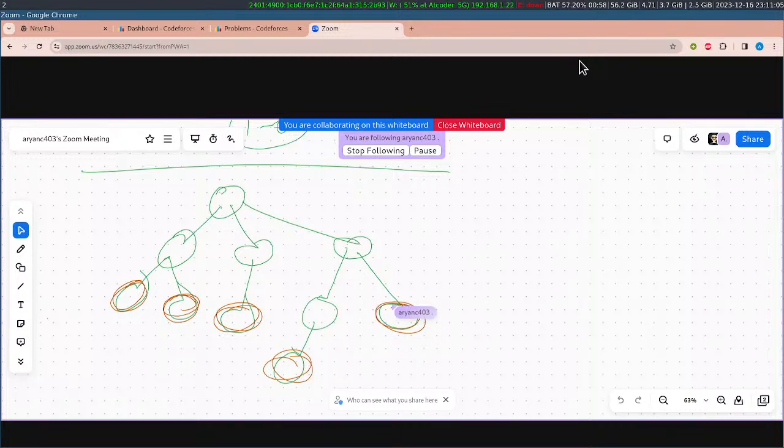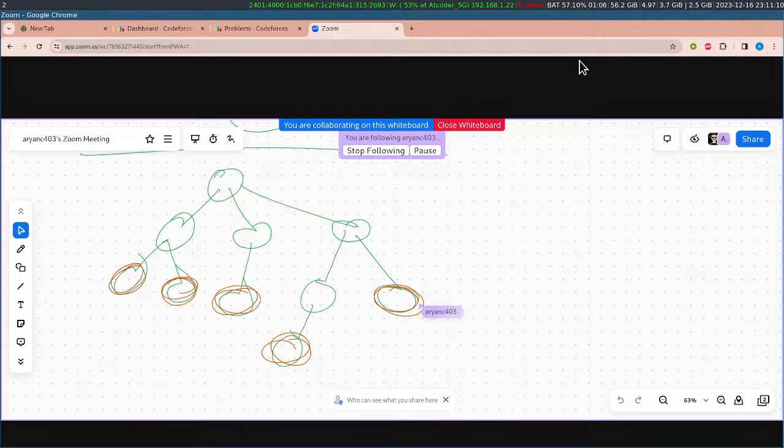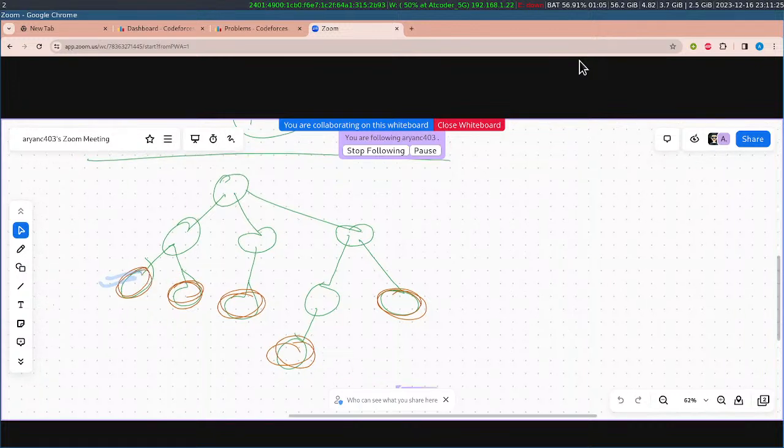Let's call them leaves. And the idea is, in one operation we can just remove 2 leaves from the tree. If we pick the nodes which are at the farthest distance from each other, in this case this and this, and we compress them,